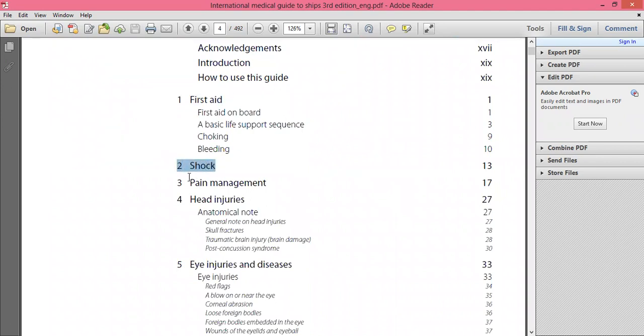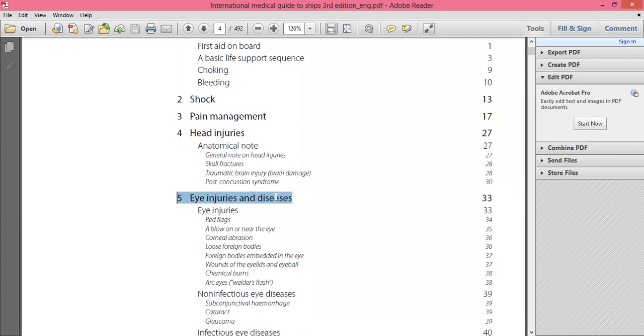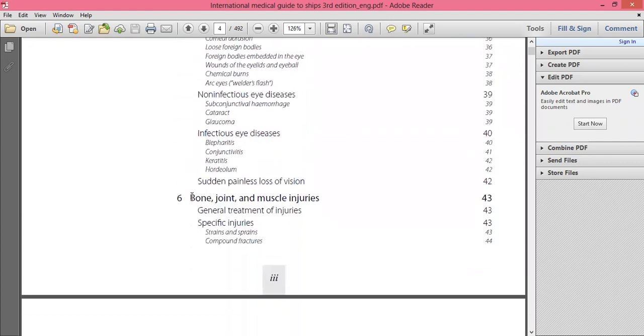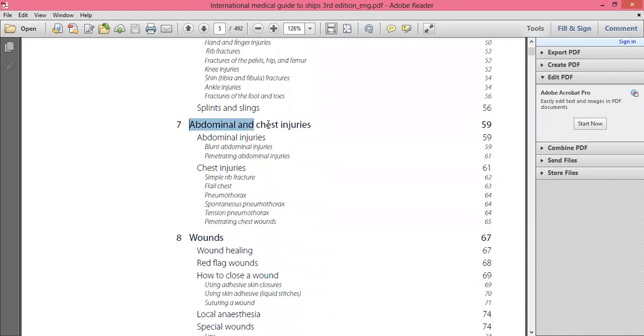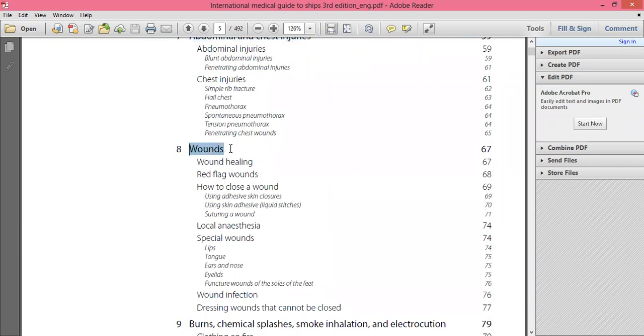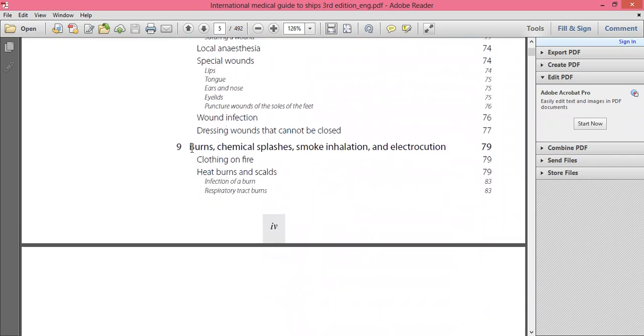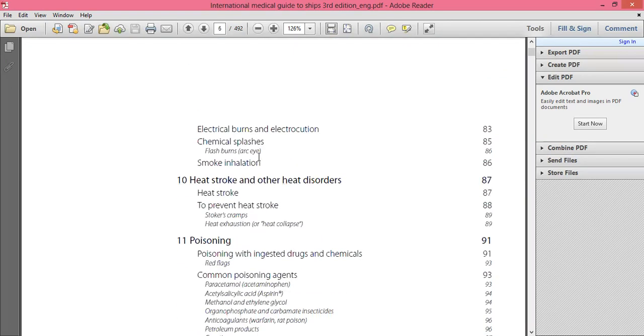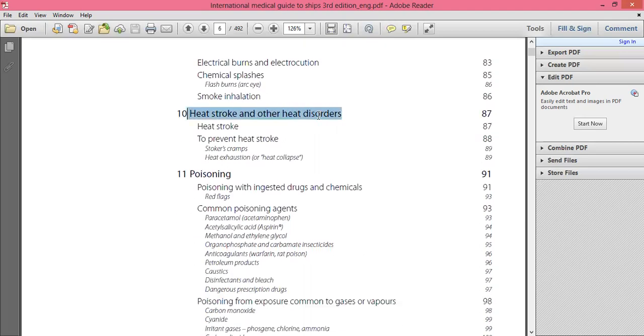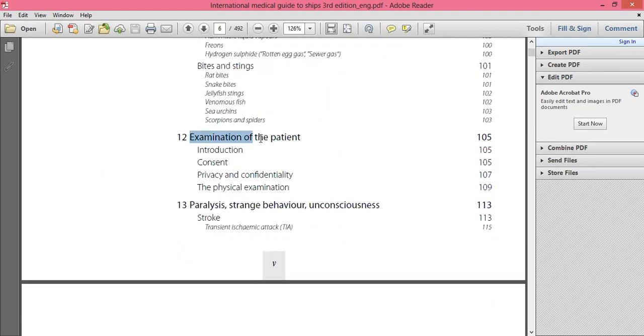or treatment in case of shock, pain management, head injuries, eye injuries and diseases, bone, joint and muscle injuries, abdominal and chest injuries, wounds, burns, chemical splashes, smoke inhalation and electrocution, heat stroke and other heat disorders, poisoning, examination of the patient, paralysis, strange behavior, unconsciousness,